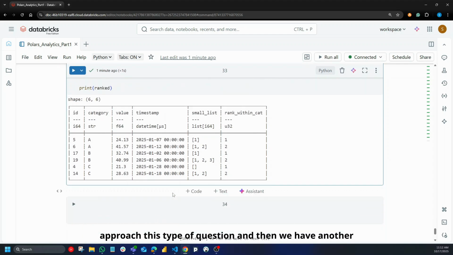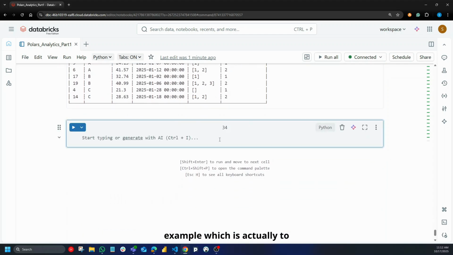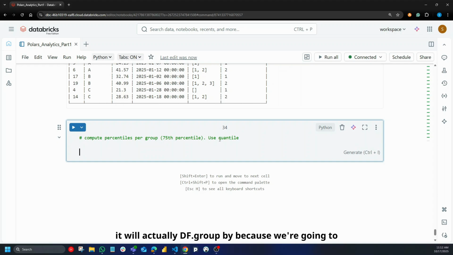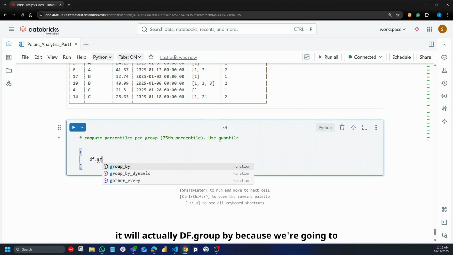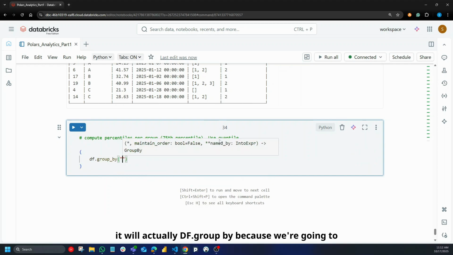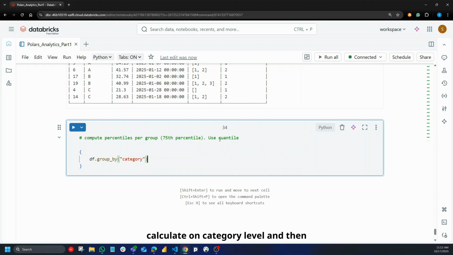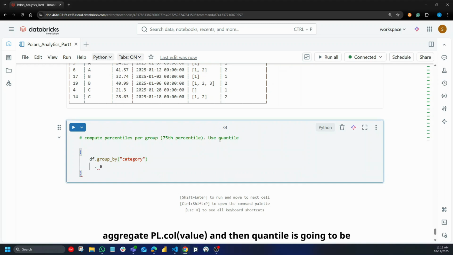And then we have another example, which is to compute percentiles per group. So let's say we need to calculate the 75th percentile. For this we will use another expression called quantile. How we can use it: we'll use df.group_by, because we're going to calculate on category level, and then aggregate